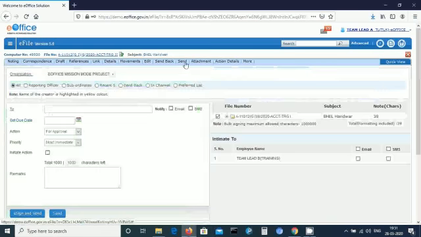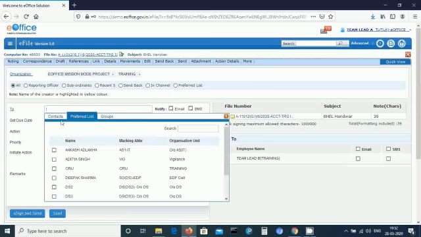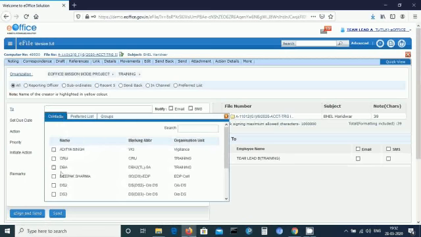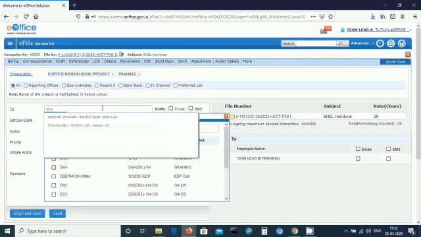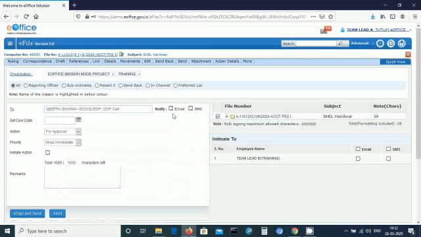It will show me to whom we need to send. It can be sent to the reporting officer, subordinates, or the recent five that you have sent to. It can be sent back also in the channel and preferred list. In the To option, you can select the name, the contacts will appear, and let's suppose I select Deepak, or you can also type the first three letters DEE, Deepak Sharma. You can also notify through SMS or email.